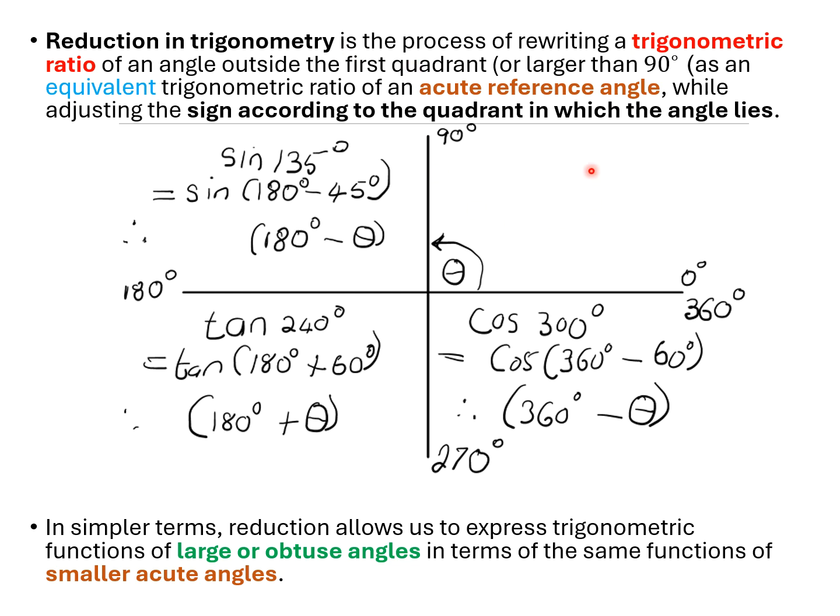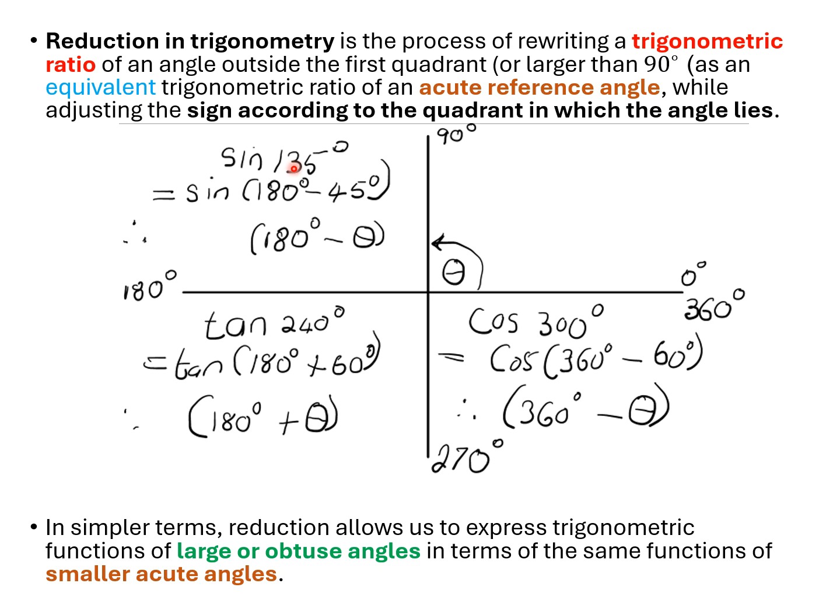So there's my first quadrant. So angles in the second, third and fourth quadrants, that's larger than 90 degrees. You see, I'm going bigger than 90, as an equivalent trig ratio of an acute reference angle. So we want to go from here to there while adjusting the sign according to the quadrant in which the angle lies. So then, in short, you see, if I said to you sine